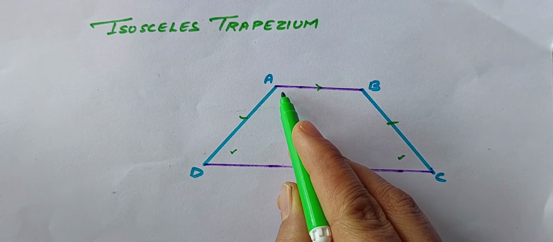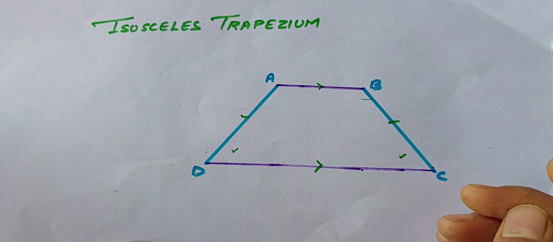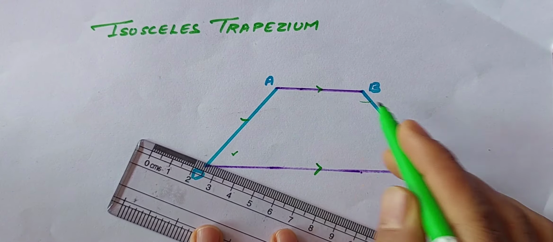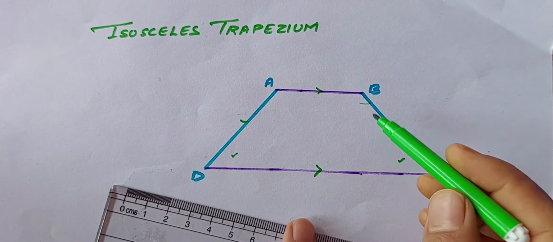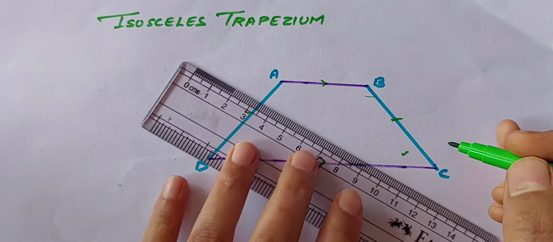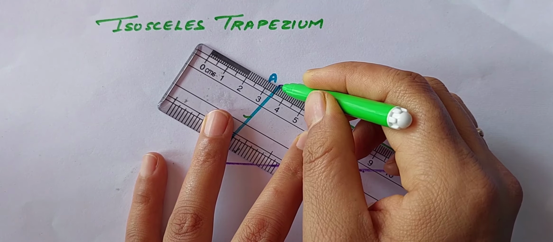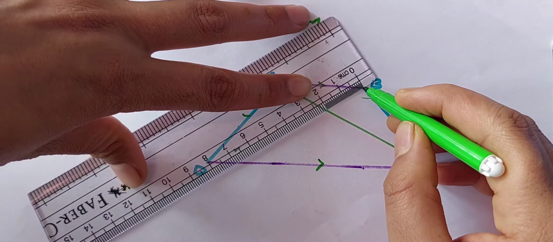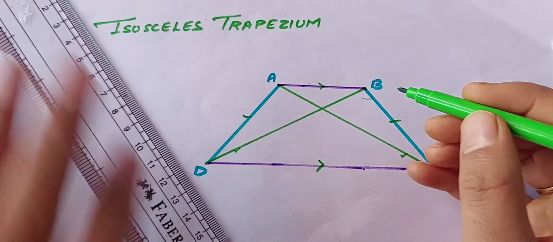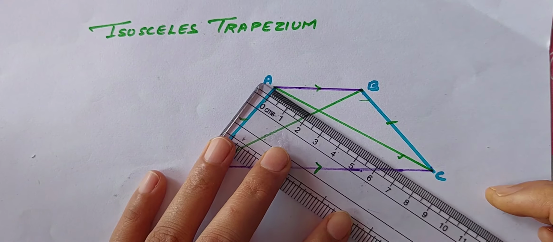Also these two angles seem to be equal, both are obtuse. Now let's see the diagonal related properties. We know the side related properties, and we had a look at the angle related properties. So now we are going towards the diagonal related properties. This is one diagonal and this is another diagonal. So do you think the diagonals are equal? I just made it arbitrarily, let's measure them here.